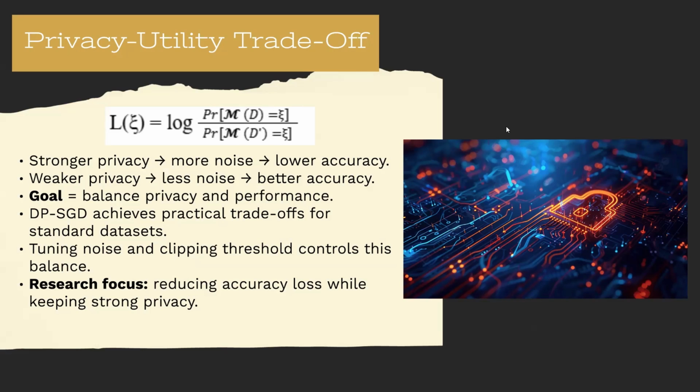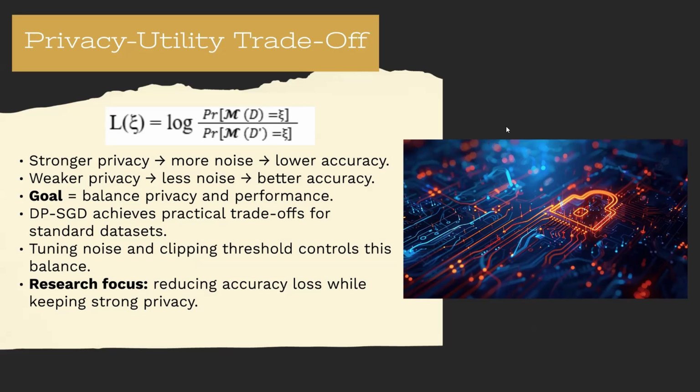It works by bounding the log moments of the privacy loss random variables. It follows the exact formula that is shown on the slide. This allows us to compute tight and realistic privacy guarantees even for deep learning models trained over many iterations.